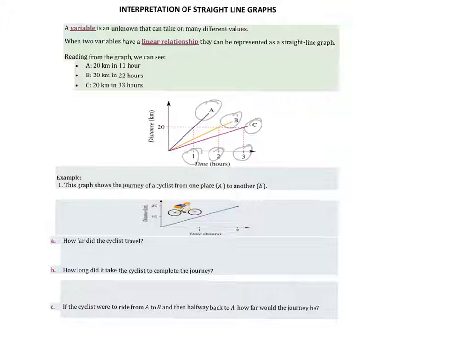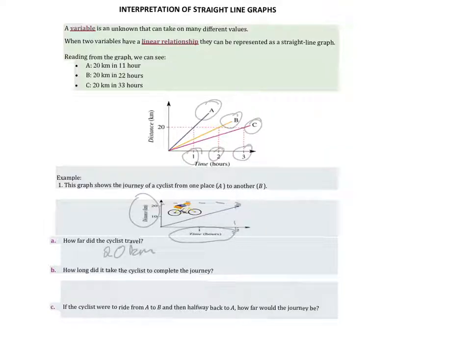So the graph shows the journey of a cyclist from one place A to another B. On the vertical axis is distance and on the horizontal axis is the time. The first question says, how far did the cyclist travel? Well, let's have a look. This is where he finished. All right, so he finished after 2 hours and it took him